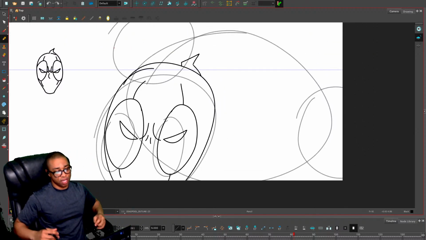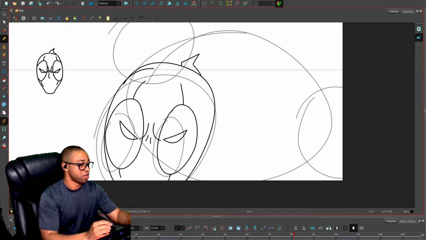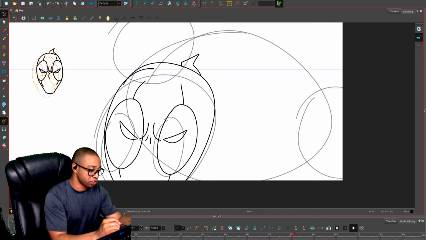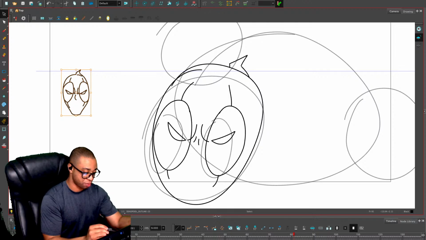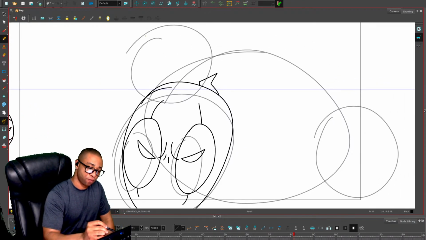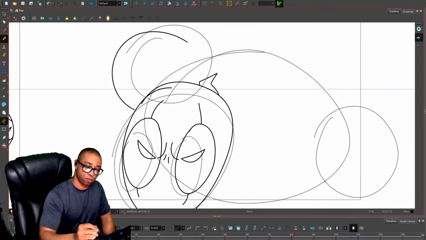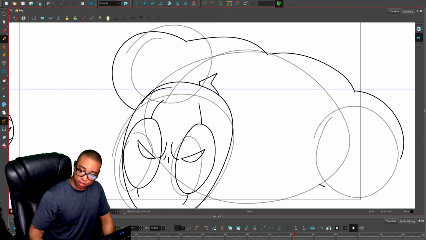And the idea is that he's going to be not hunched over, but he's really charging. He's really going at it. Let's turn our cropping off. Put it to the side. Just kind of get it back in there.